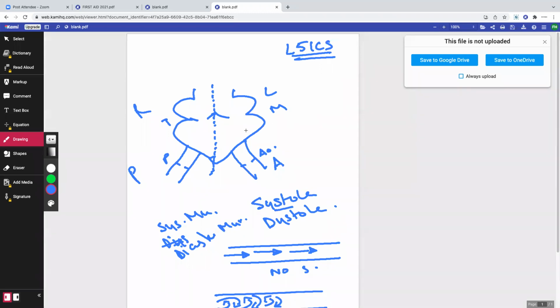So having said that, in the mitral area, when the left ventricle contracts, blood will move out through this way. Yes or no? When the left ventricle contracts, we want the blood to move through this way. As a result, should the mitral valve